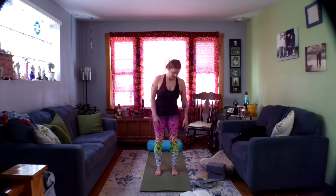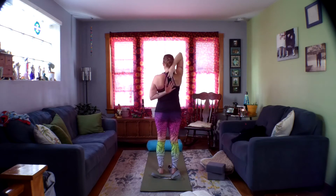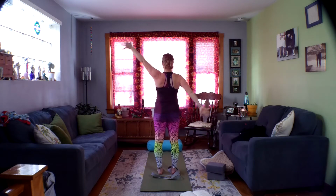From here, if you do have a strap, feel free to grab it or have it nearby. We're going to do a little dynamic movement first. Inhale the arms out towards the sides. The palms are facing the front of your mat. Inhale the right arm high, left arm behind you, and you're going to try to grab or touch your fingertips together. Inhale, reach the right arm high, left arm low, and then you're just going to switch back and forth,